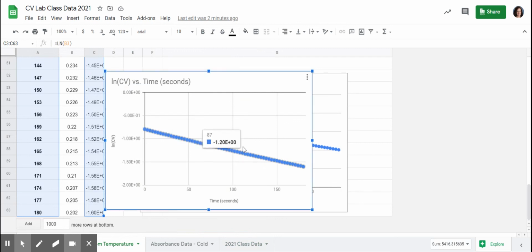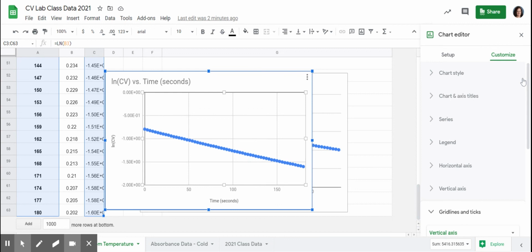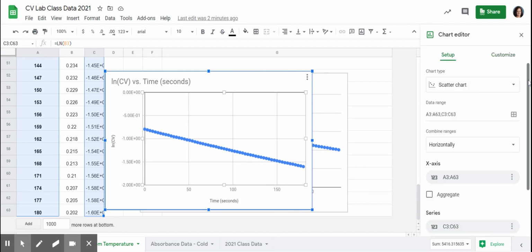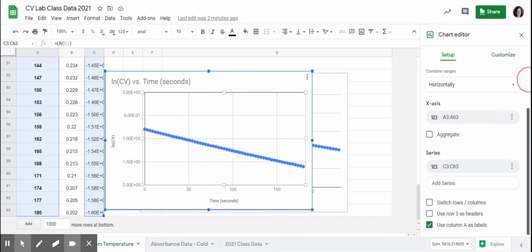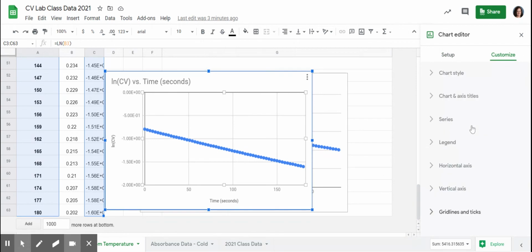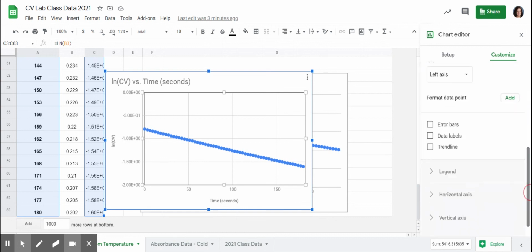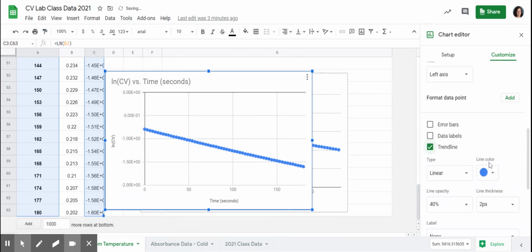On your graph, the one that gives you the straight line, so this was my ln versus time, so it's first order. I know that the negative slope represents my K value. You could either calculate it by hand, or it's just easier to use the chart editor and tell it you want the equation of the line. So to do that, customize, go to series,